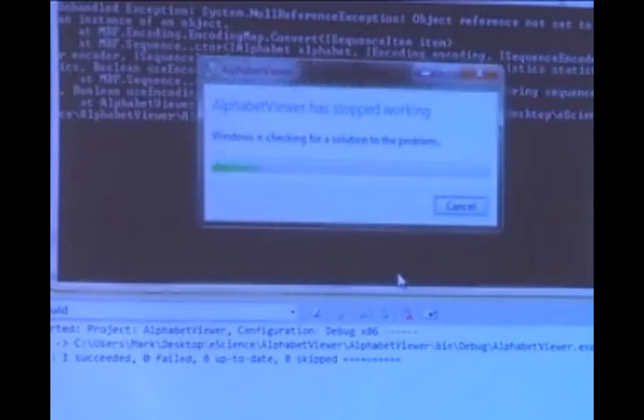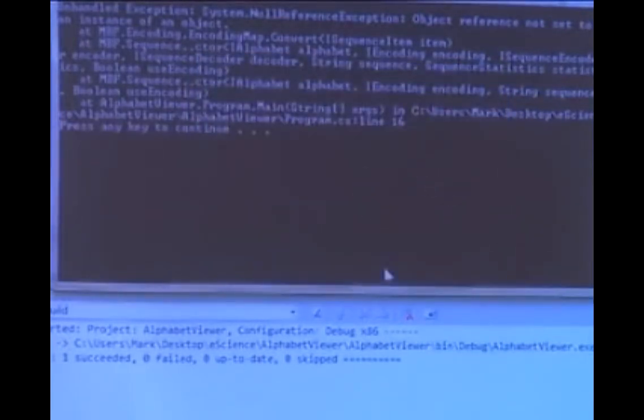But let's see what happens if I pass in something that it doesn't expect. For instance, if I pass in U, which is an RNA alphabet style, I'm actually going to get a crash here. And notice it says, null reference exception, object reference not set to an instance, and it's coming out of the encoding map. And what's happening is it passed that symbol into the encoder and said, here's a U symbol. And the encoder said, I have no idea what to do with that. Okay? And so it must have the specific symbol set. You need to look at those encodings and decide which one you want to use. If you do not pass in an encoder, it will pick one for you based upon the alphabet itself.